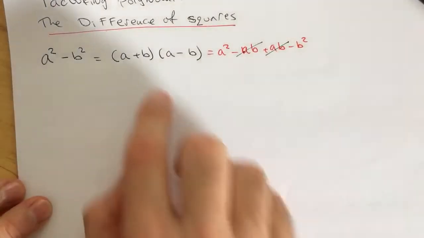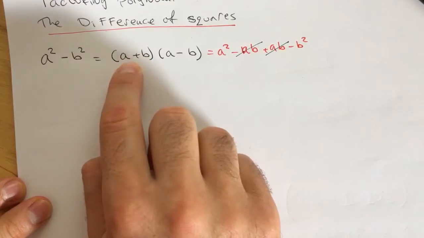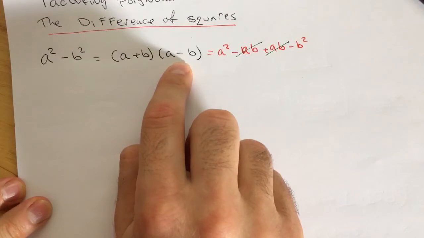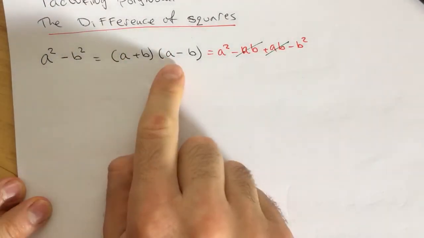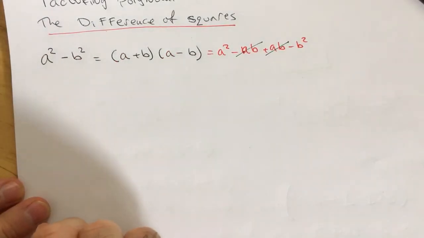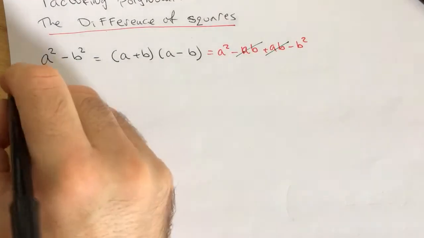By the way, this expression, when you have a sum or difference and you're multiplying it by a factor that differs only by one sign, okay, we call that factor the conjugate of a plus b. Okay, so let's